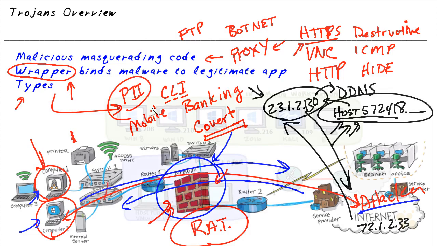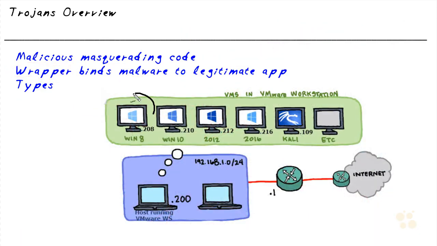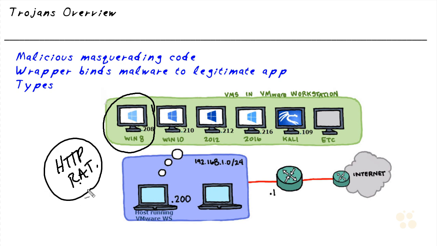In our lab environment, as an example of how we can gain remote access via a Trojan, let's use an application called HTTP RAT. And again, the RAT stands for Remote Access Trojan. So with this tool, we can actually create an executable that will be the server, and we can install that on the victim's computer. Now, to actually deploy it, what we do is we could wrap that up, use a wrapping application, have the user click on the innocent-looking application, and then get that application installed, plus the Trojan behind it. For this brief example, however, I'd like to just go ahead and create the executable,